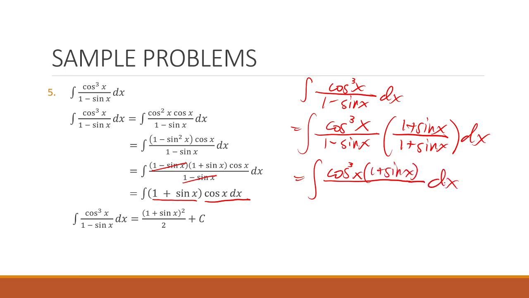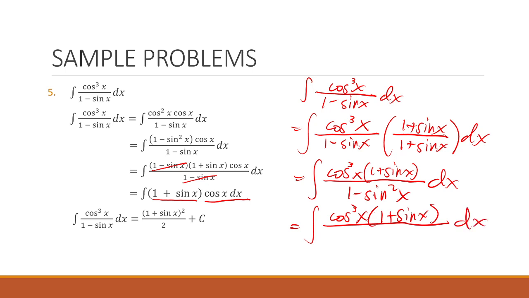And this is dx. Sa baba, we have here 1 minus sine x, 1 plus sine x. This will result to a difference of 2 squares. Tama ba? So maging 1 minus sine squared x, right? And then of course, so we have here cosine cube x, 1 plus sine x